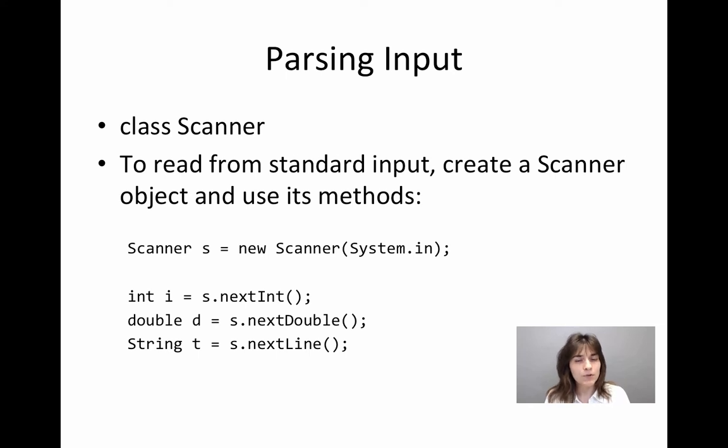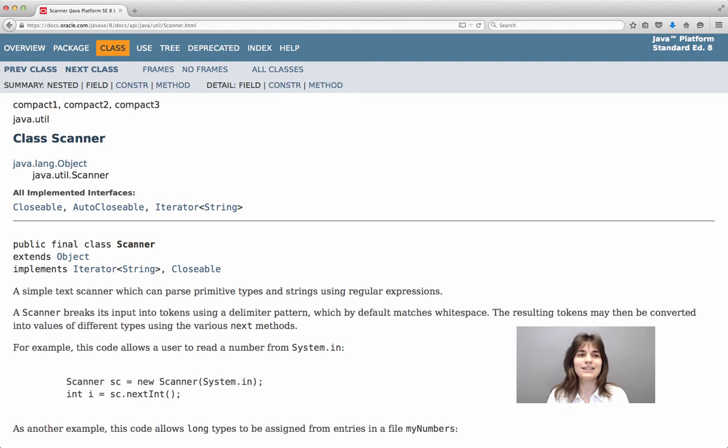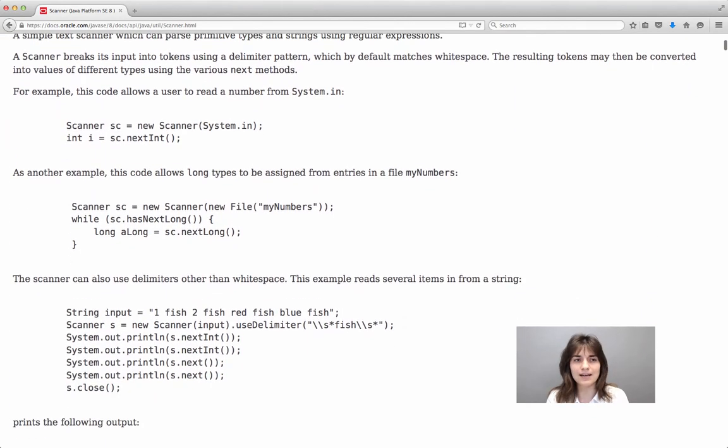It would be useful to you to take a look at the API of the Scanner class. What is that? Let's go together and look at the API. If you just search in any search engine for the Scanner class in the Java library, you will be directed to the API of that class. It is a page that describes this class to you, all you need to know as a user of that class. So it contains details, as you will see in the beginning, on how to use this class. It has examples.